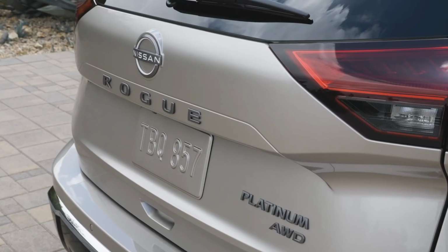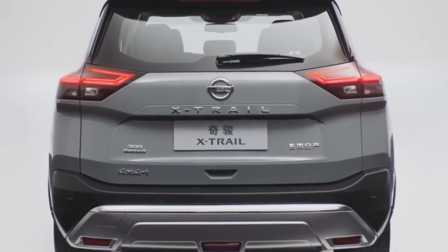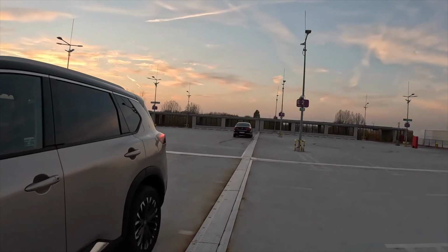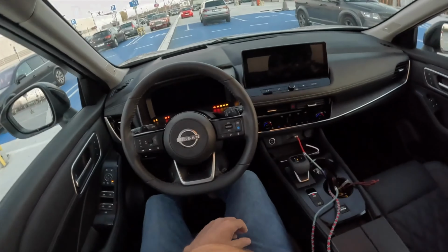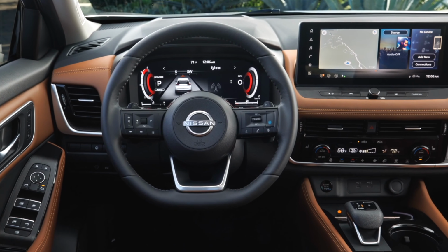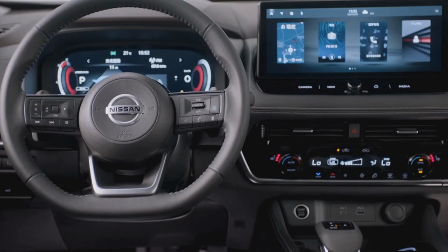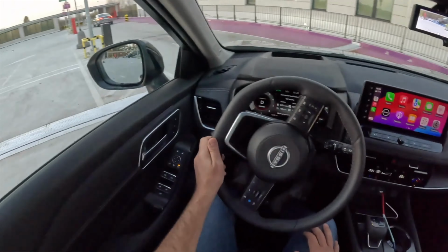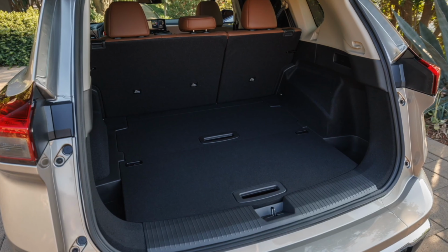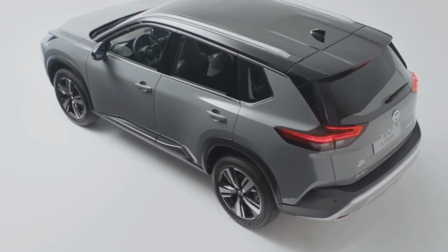This practical and well-designed SUV has serious transmission issues that raise doubts about its long-term reliability. The Rogue is powered by a turbocharged 3-cylinder engine with variable compression technology, a unique but complex design. Engine complexity doesn't always mean reliability issues, but in this case it does. This engine is prone to internal bearing and link failure, which leads to knocking, loss of power, and in the worst case, complete engine failure. The National Highway Traffic Safety Administration, NHTSA, is currently investigating the issue, which affects hundreds of thousands of vehicles built